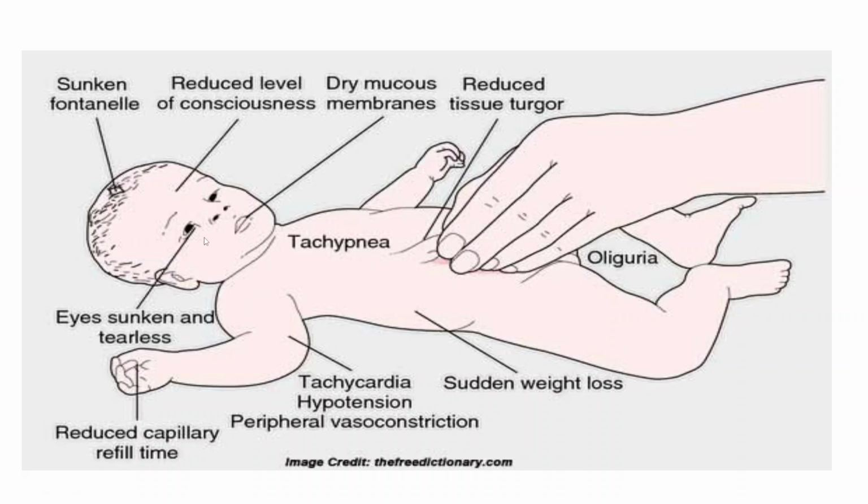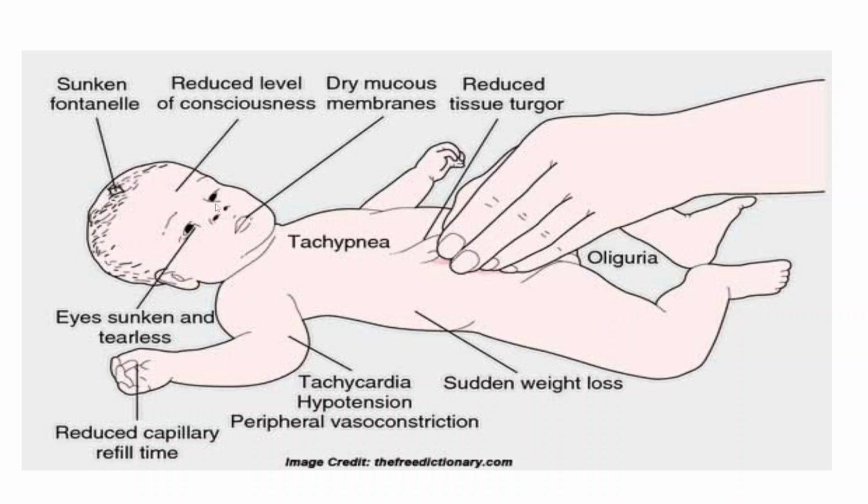Oliguria would be the other sign. The impact of reduced intercellular space fluid will be seen in the eyes being sunken, and there will be tachycardia. Tachycardia is the body's compensatory mechanism to cope with the fluid loss by pumping more fluid, and hence the pulse rate would be increased. So there will be tachycardia, a tendency for the blood pressure to be reduced, and as peripheral vasoconstriction occurs, the peripheral tissue will be blanched out. So you tend to have a pallor-like appearance. In a child, the fontanelle would be sunken, and it can also result in altered consciousness levels.